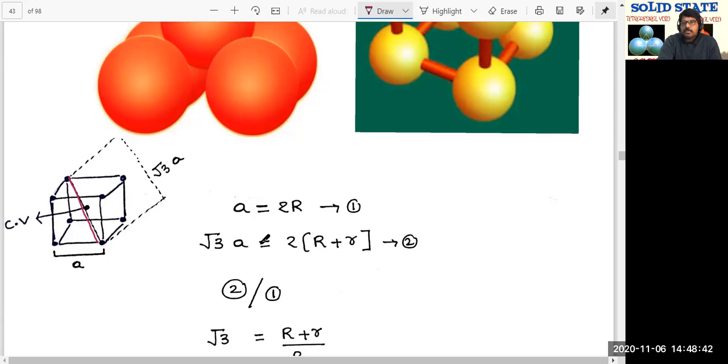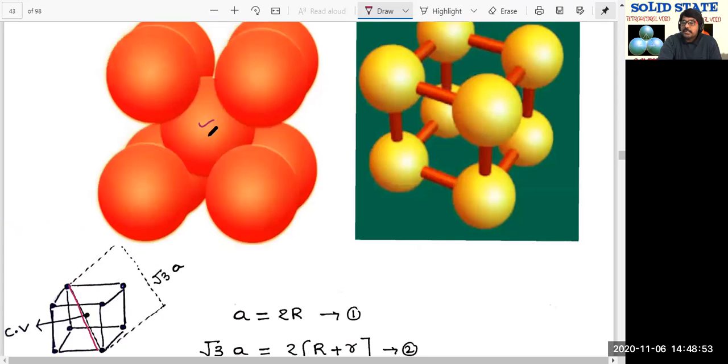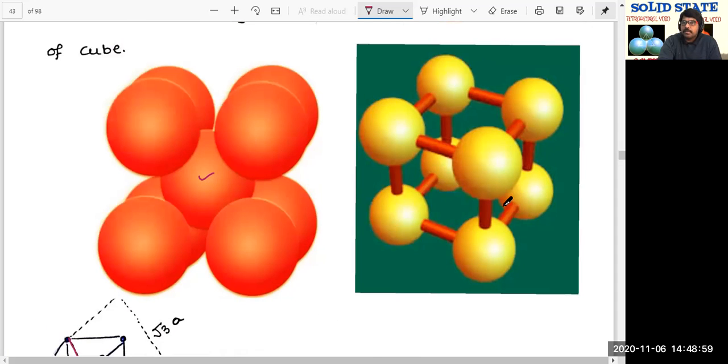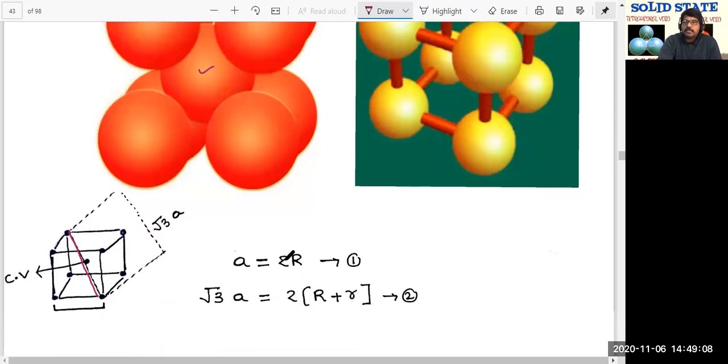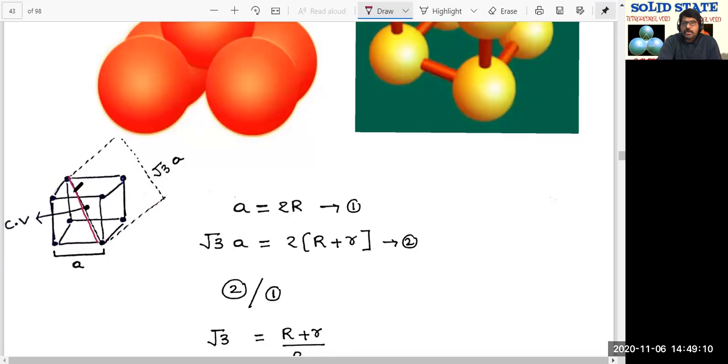So that is equal to 2 times (capital R plus small r). A is equal to 2R because it is a simple cube. Particles are present at the corners. The one which is sitting at the body center is the void. You can see it's a simple cube. At the center there is a void. You already know in a simple cube, the particles at the corners of one edge are in contact. Therefore, A is equal to 2R, and the body diagonal root 3A is equal to 2 times (capital R